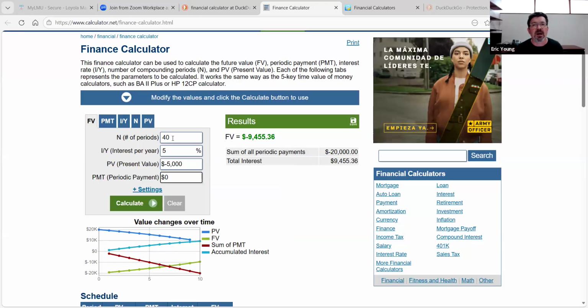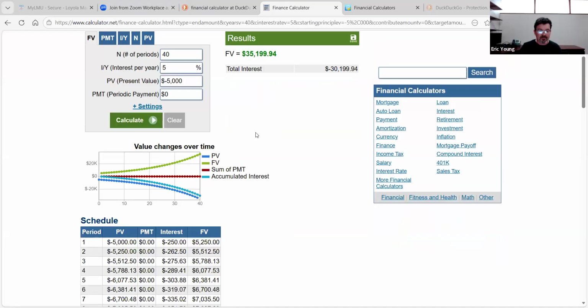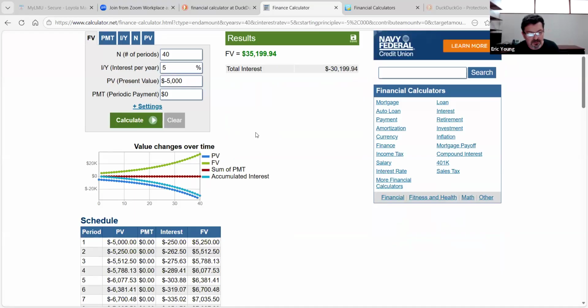No need for complex math, no need for hard formulas. We have a need for some intuition. We've got to get comfortable with the jargon, but you practice and you get it. And look what we're doing. We're telling the computer, hey, software, please tell me, if I put $5,000 away right now at 5% interest for 40 years, no PMT, what will it be worth? Hit calculate, and there's your answer.